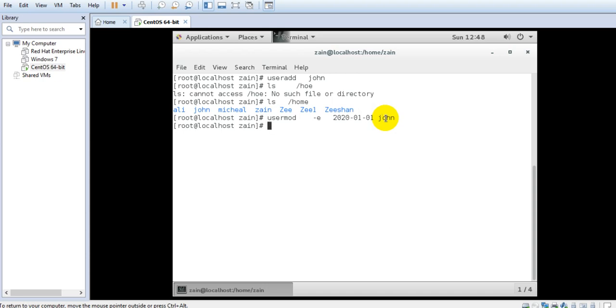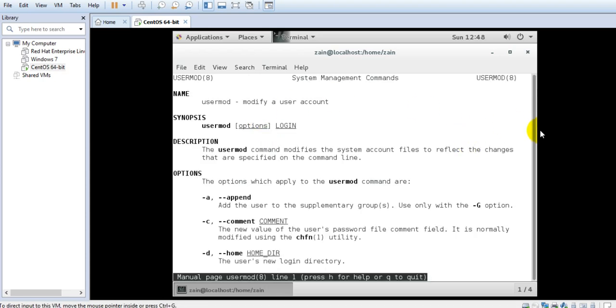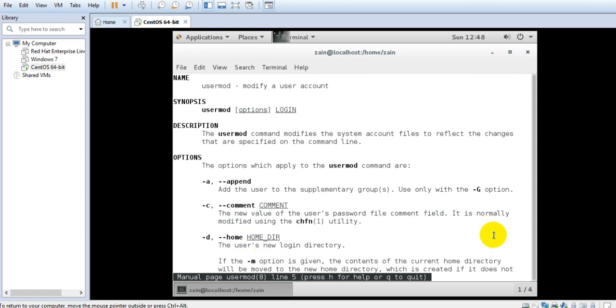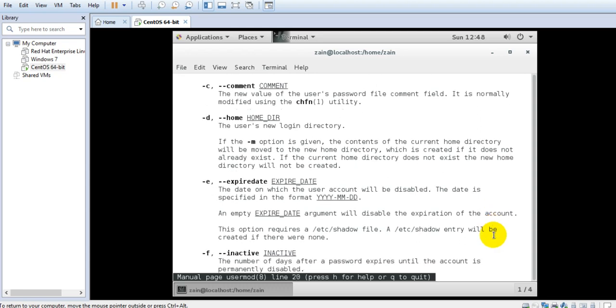And now you can read different switches here that you can use with this command. man usermod will open the manual for user modification, showing the different switches you can use. -a is for append, to add the user to supplementary groups. -c is the new value of the user's password file comment field. -d is the user's new login directory. If you want to change the home directory, you use -d, which is a small d. If the -m option is given, the contents of the current home directory will be moved to the new home directory. -e is the expiry date,